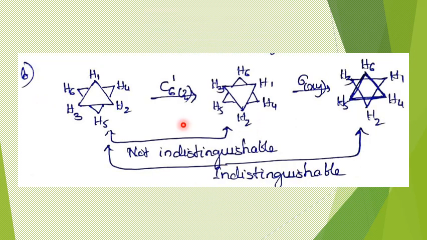This is staggered ethane, but you can see the representation. I have represented the staggered ethane in a different way so that this symmetry operation can be understood very easily, right? And in fact I should mention this particular orientation is called David's star, and I have picked this method from Symmetry and Group Theory by Anindya Datta, IIT Bombay professor. He has given a very intensive course on symmetry and group theory. Those who are interested in a totally mathematical, very in-depth course can definitely do that. On YouTube, all the videos are available.